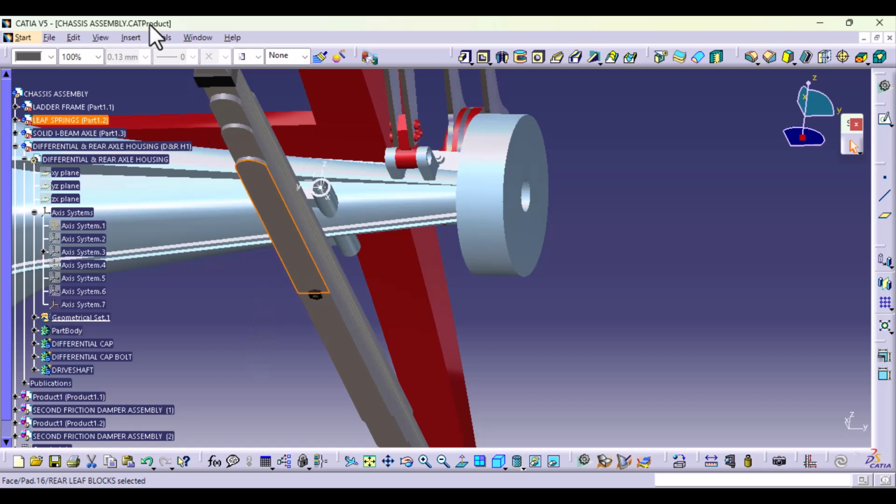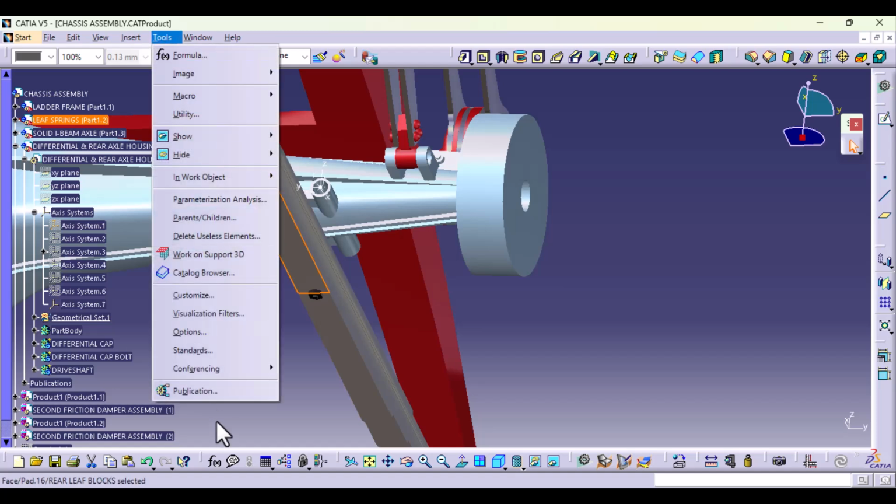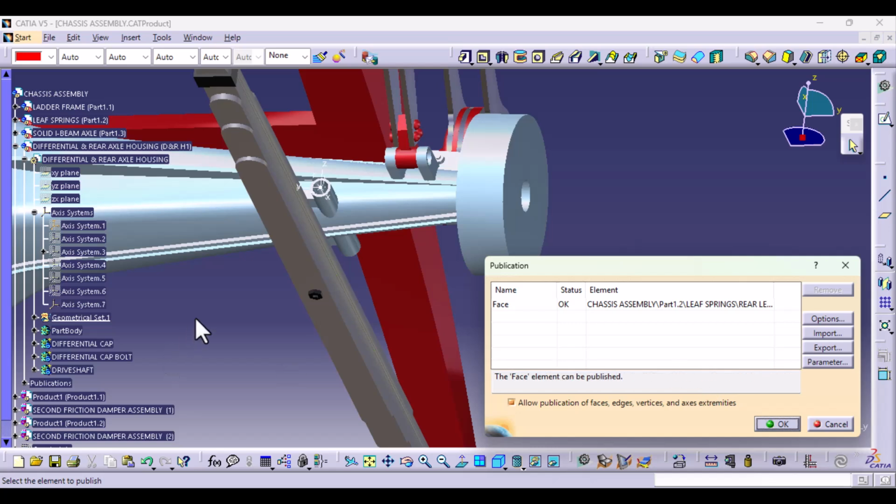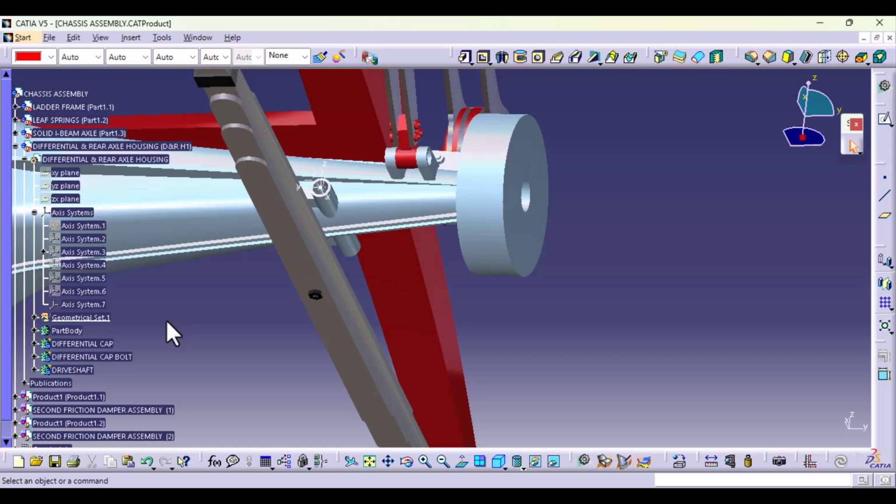Let's try the face at first. But one thing to keep in mind is faces can be unreliable. You might have to reselect them if you make some changes to the original sketch. Sketches, on the other hand, are very, very reliable. So I might publish the face, but also